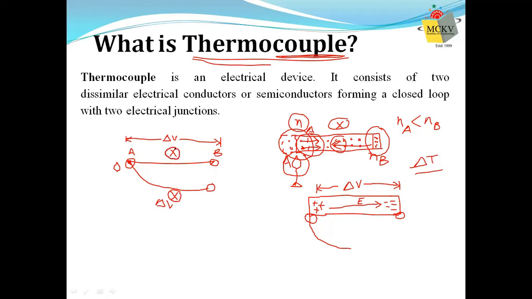So if you connect a galvanometer, or let's say a voltmeter, to these two ends, they have the same potential, because these two conductors are connected, and the potential difference due to the temperature difference at these two junctions for both the metals will be the same because the metals are the same. So if you connect a voltmeter, it will show a 0 reading. But let us say you connect a different metal, Y.